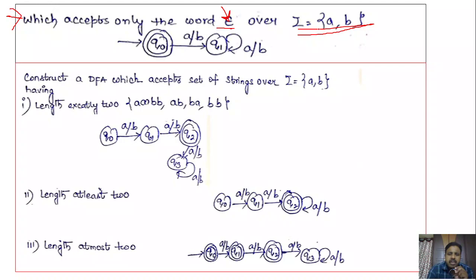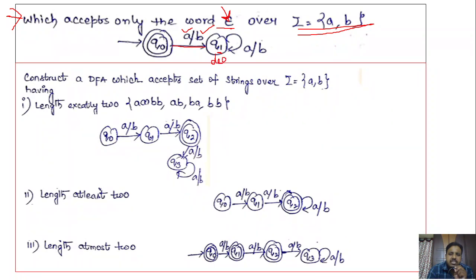right? And one more point in the DFA is that for every input symbol we need to specify the transition, right? So if you get either A or B, or strings consisting of A's and B's, then those strings must be rejected. Okay. So for that sake, from Q naught, we are specifying the transition on input symbols A and B, right? If you get either A or B, you have to move to the state Q1, right? And that Q1 must be the dead state.